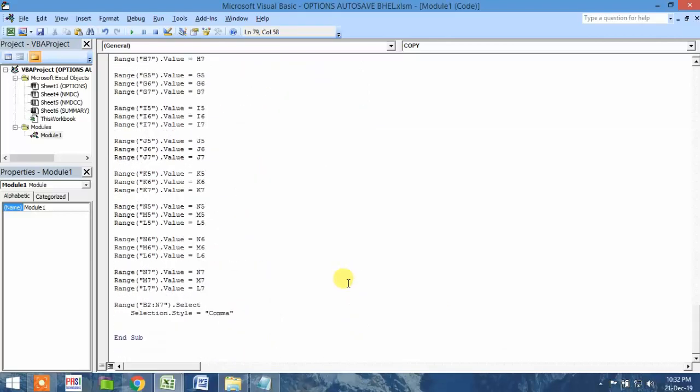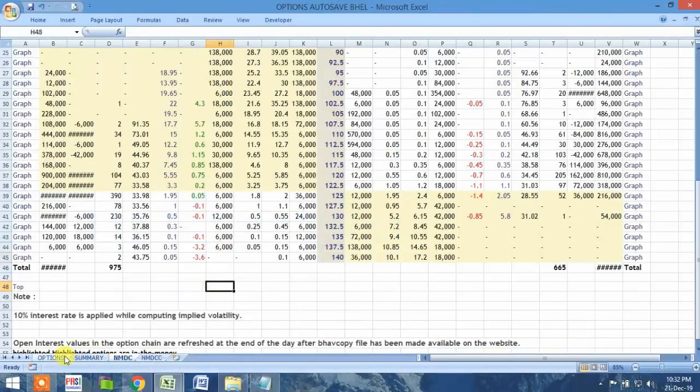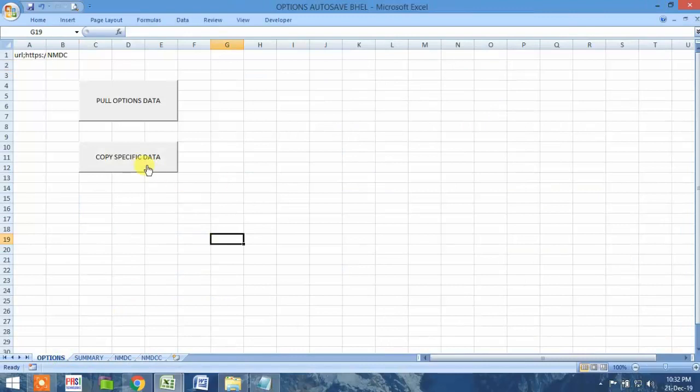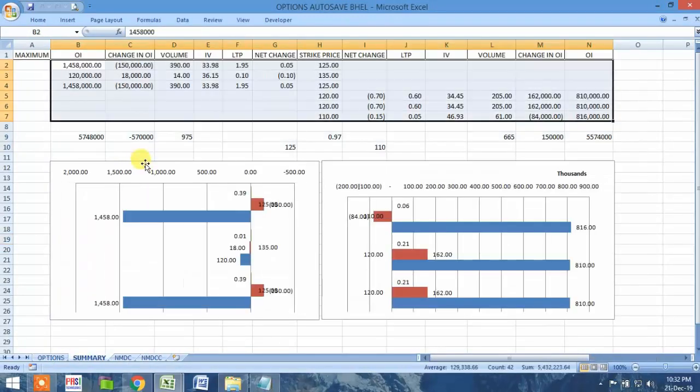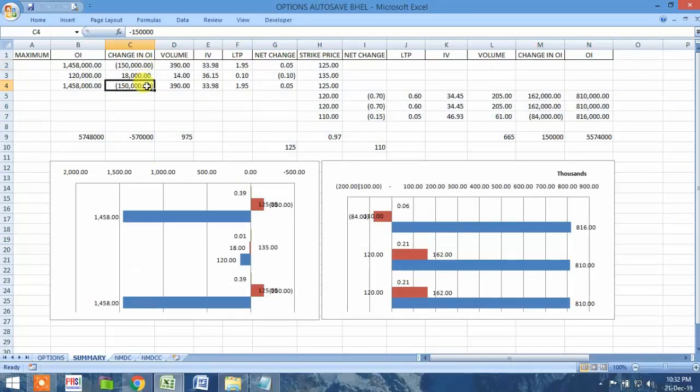You have created another program for another particular script. So let's check it out. If I click on copy specific data, it should work fine. Now here you could see the difference. The total value of open interest on the call side is